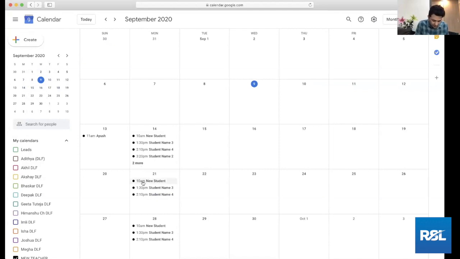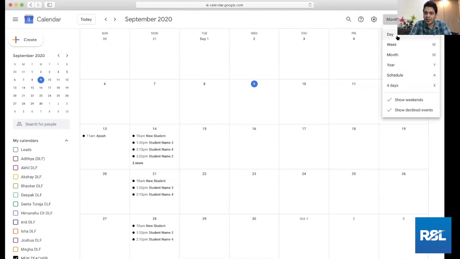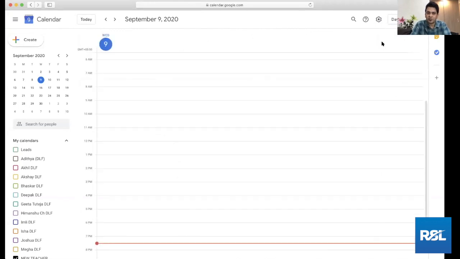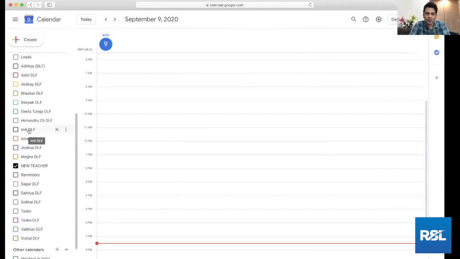Right. So next thing is how we can view this format. And on the top right corner, you will see there are multiple ways in which you can view this format. 4 days format, schedule format, year format, month format, week format, and a day format. So let's start with the top D. These are the shortcuts that you can use for this. So if I don't select this and I press a D on my computer keyboard, it shows me the days format. And I'm not able to see any schedules because all my calendars are not selected.